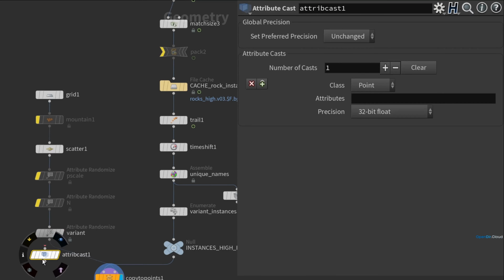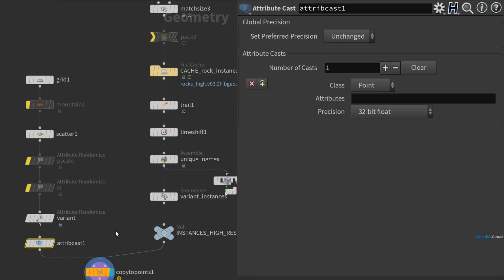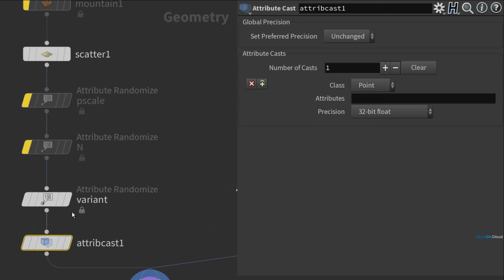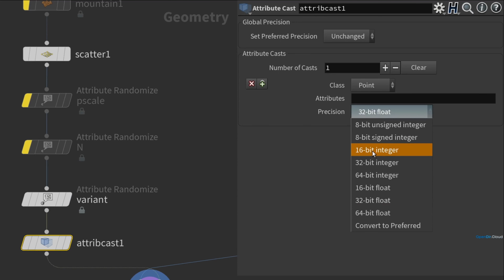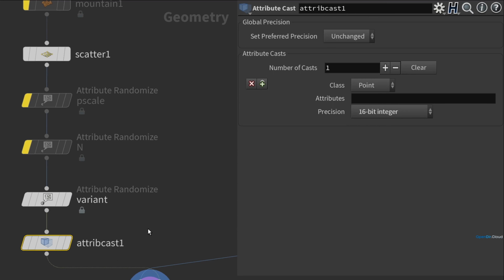And this is not a SOP that you probably need to use very often, but it can be really helpful for debugging some tech issues like this. And this will allow us to change the type of this variant attribute from a float into an integer. I'll just pick the 16-bit integer here, and we'll have to put in the attribute name, which is variant, and